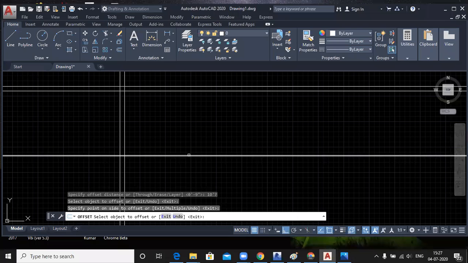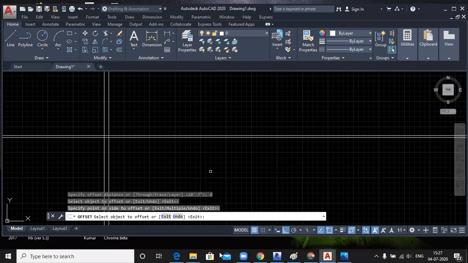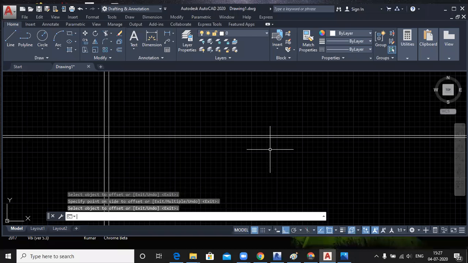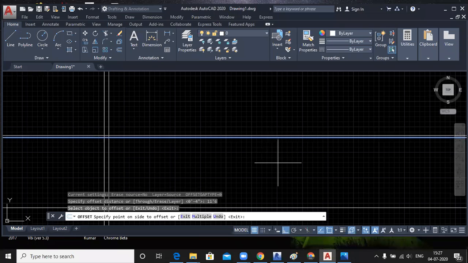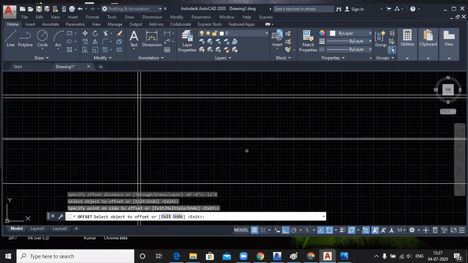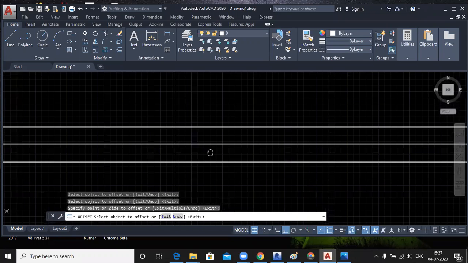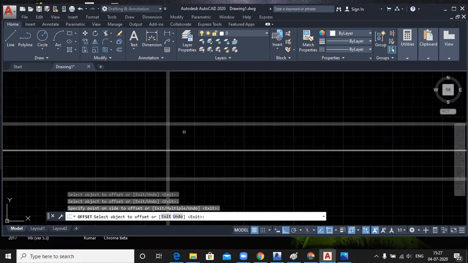Again, we have to specify 4-inch distance because this wall is an internal wall. And again, the distance is 11 feet 6 inch, and offset 11 feet 6 inch. See how we create a plan using X line. This is your plan, right?